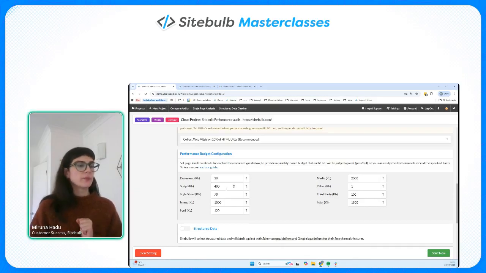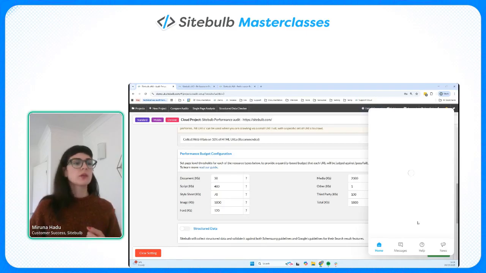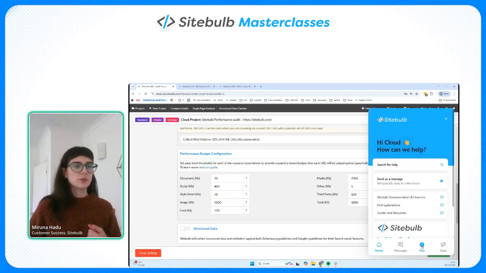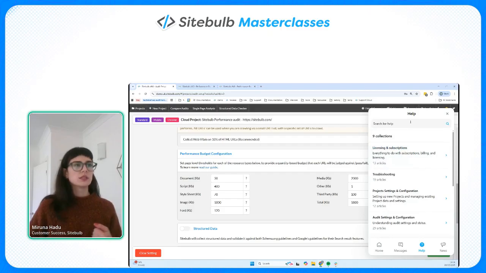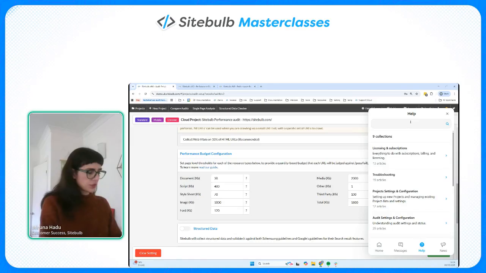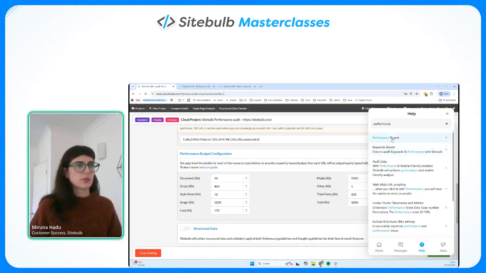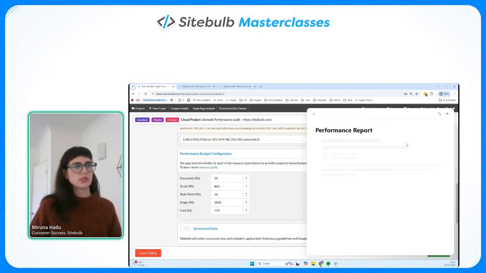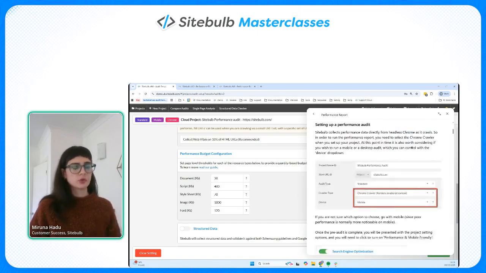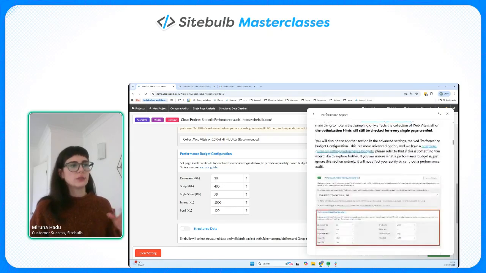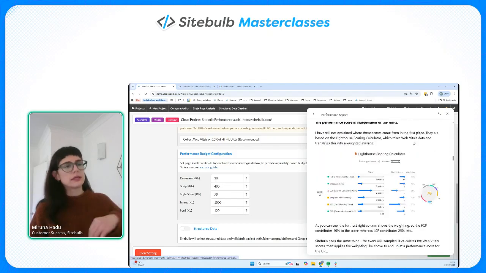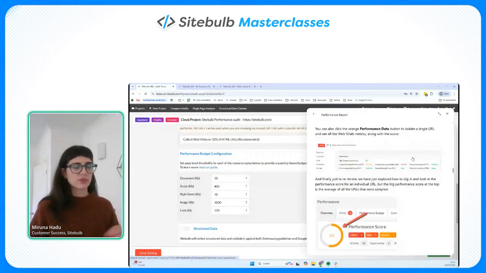So that takes us to the end of our session. And since I'm mentioning our support documents, I just wanted to show you where to find them. So if you come into the Help and Support button and you navigate to Help, this will allow you to essentially browse the Help Center within the tool. So you can look for performance and jump into something like the performance report, which is a help document that talks through all of the points of data that we just talked about